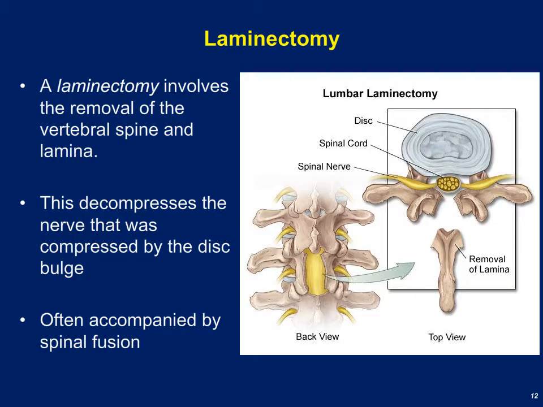Now one surgical option for somebody with a prolapsed disc or herniated disc would be something called a laminectomy. Remember that ectomy means surgical removal, and here we're talking about surgical removal of the lamina, which were the sides of the vertebral arch. And so by removing this spinal lamina, we give the nerves and also the disc more room to decompress, and this decompression usually allows the pain to subside and results in reversal of many of the